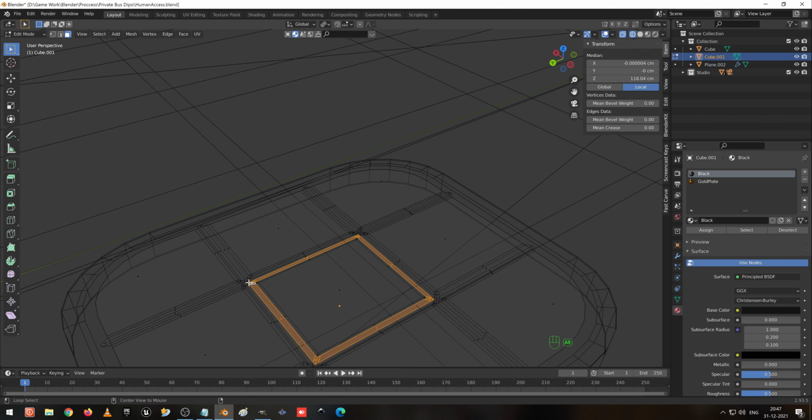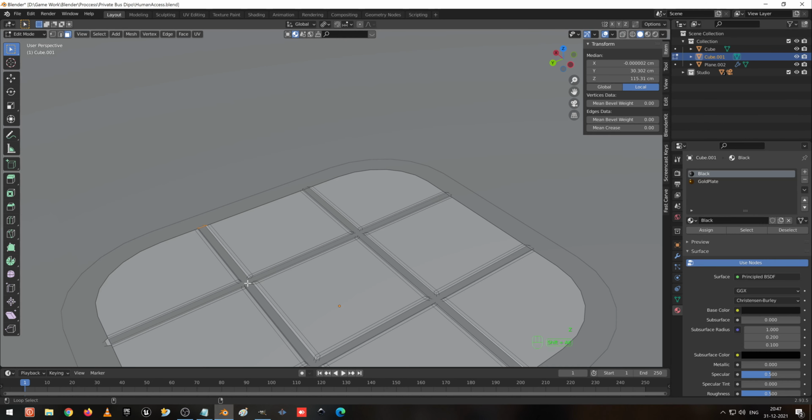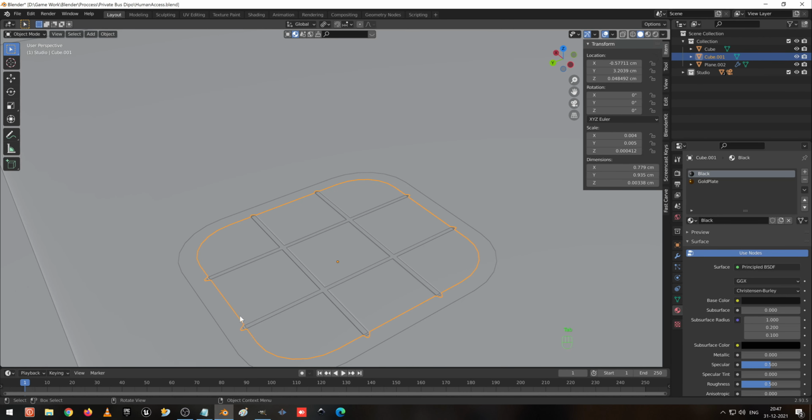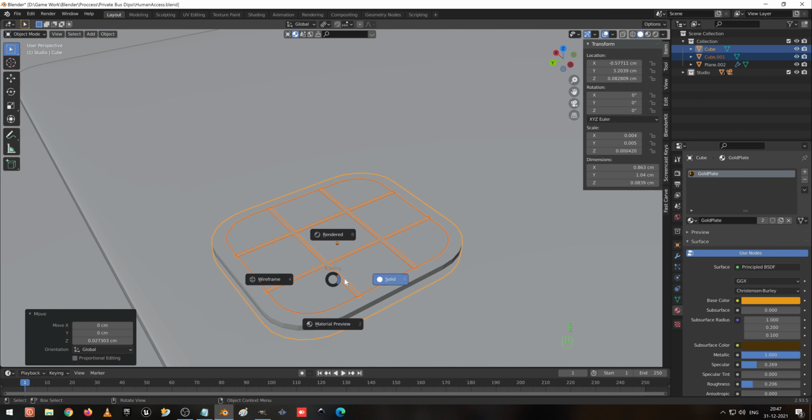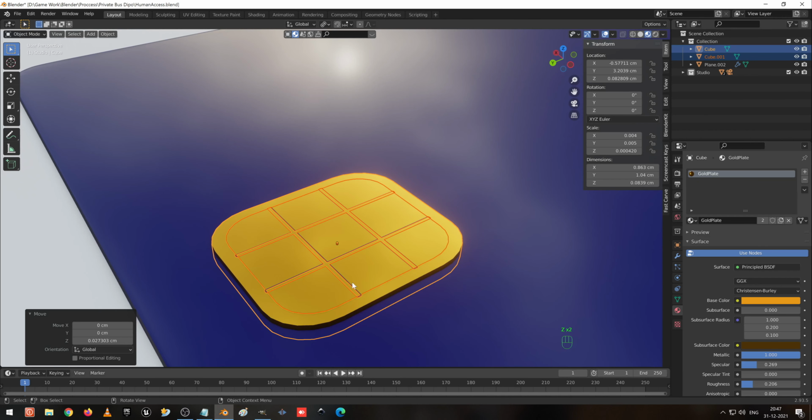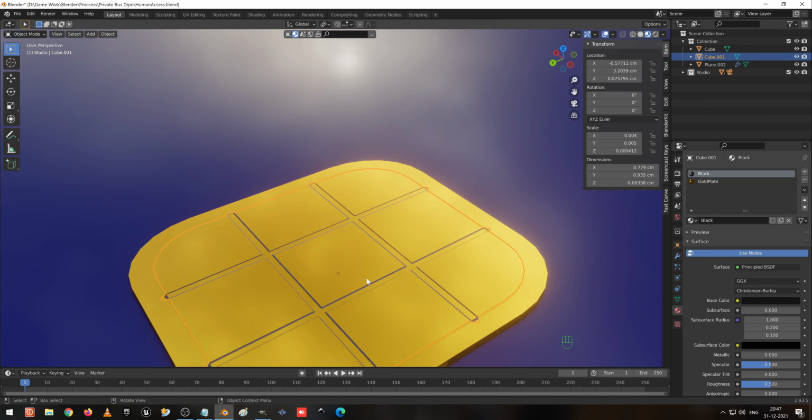So it's very difficult to select actually. Go to solid view, better, I hope. I go to object mode now. I select this one and press G Z to move up, and go to the wireframe and see. No, it still looks bad.